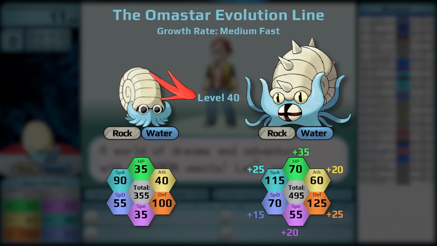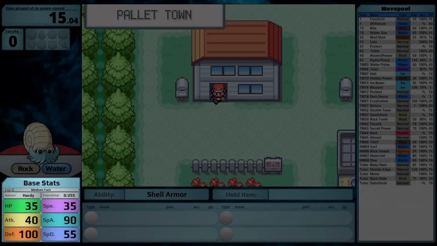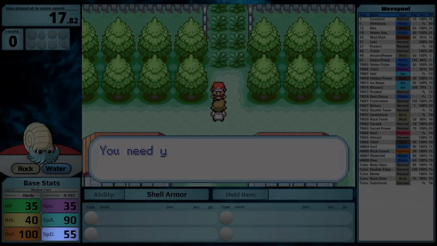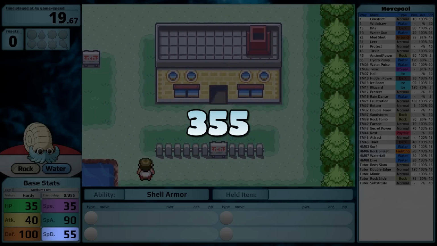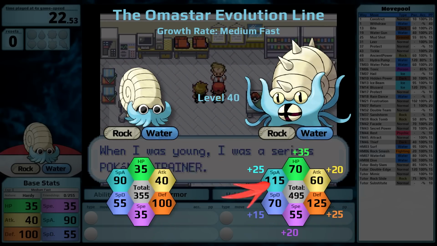Luckily, this evolutionary line does not have a slow growth rate, it's a medium fast growth rate instead, so it's not going to be delayed that much. For base stats, Omanyte has 35 HP, 40 attack, 100 defense, 35 speed, 90 special attack, and 55 special defense. This is a base stat total of 355. Once it evolves, all of its stats increase, taking its total up to 495, and then its special attack is